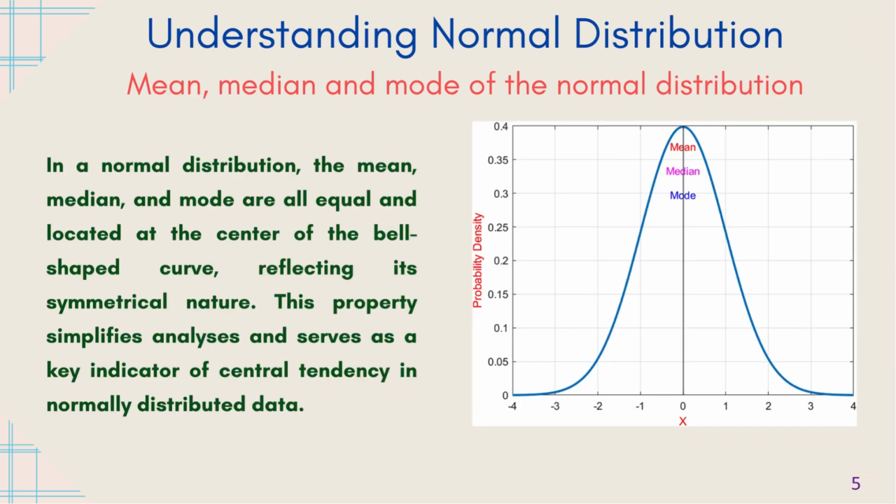Normal distribution. Mean, median, and mode of the normal distribution. This slide focuses on the central tendency in normal distribution, where the mean, median, and mode converge at the center of the curve. This property simplifies data analysis, making it easier to interpret results. The graph visually represents this concept, allowing the audience to see how these measures of central tendency relate to the overall distribution, reinforcing the importance of